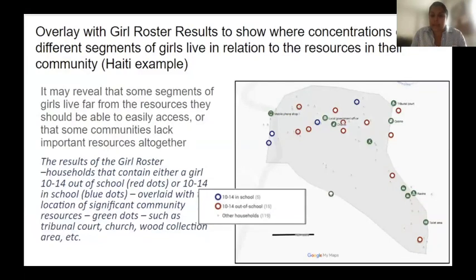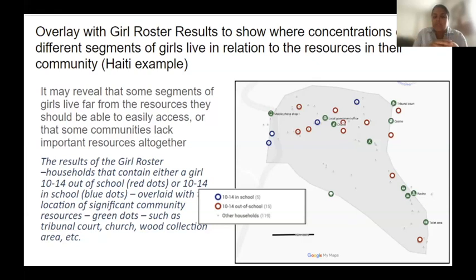Here's a real example that Ava very kindly shared with me this morning, that actually came from Haiti as well. So here she has overlaid the girl roster results. So just again, this one particular segment, 10 to 14 in school, 10 to 14 out of school, in the blue and the red respectively. And she's placed them on the map where they were based on the GPS coordinates in relation to the resources that exist.